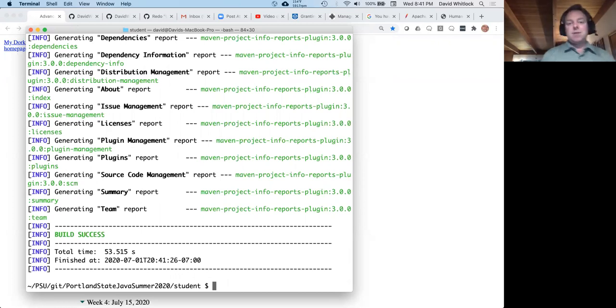But there's other sources of information, such as information in your POM and just even the source code itself. If you run Maven's site, I have the projects configured to run all sorts of analysis on your source code and then generate reports. So if we then open target site index.html,